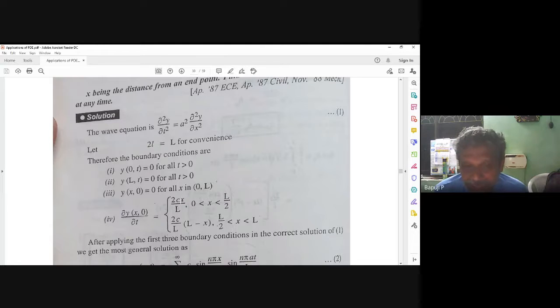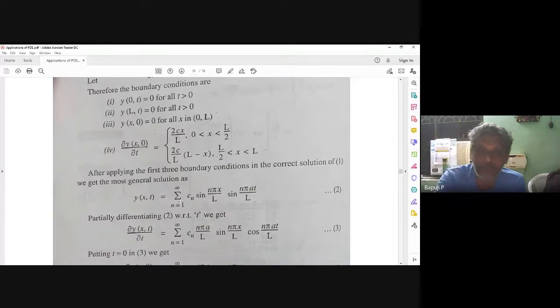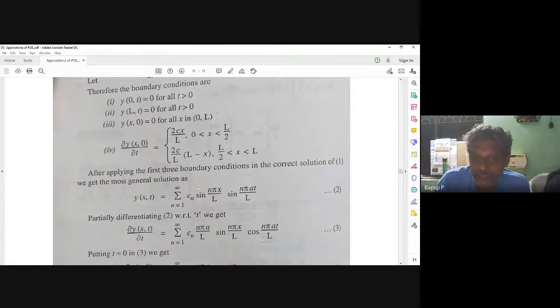Applying the limits and balancing terms, maybe the final solution's shape is different, but the way of attacking inside, everything is the same or not? So seeing the question, you can recall, oh, there I did b, here C. Then you will enjoy the subject actually. People are getting it directly here. How did you get it? It's not a joke actually. It's not a joke. How much work is there in creating this? At least a minimum of 15 minutes of work is there or not? Tell me, yeah.